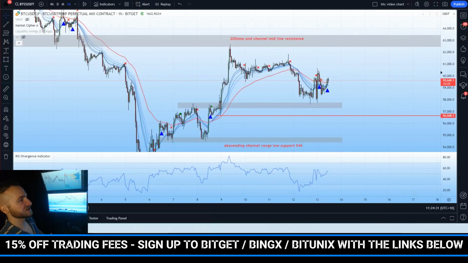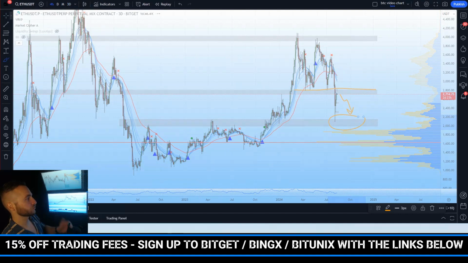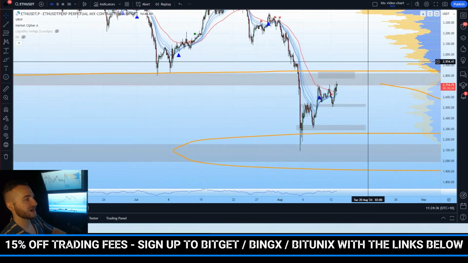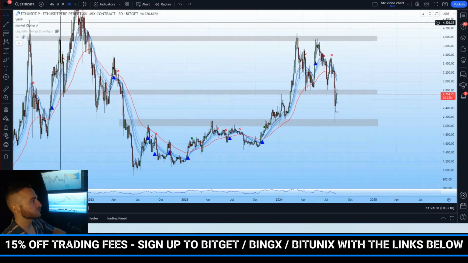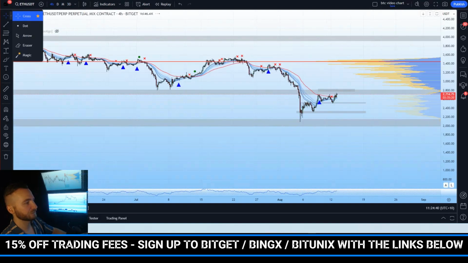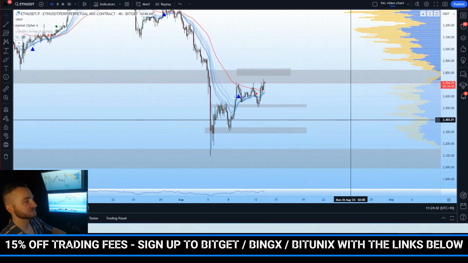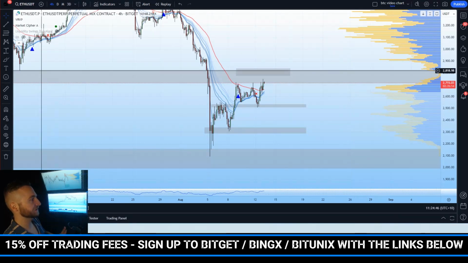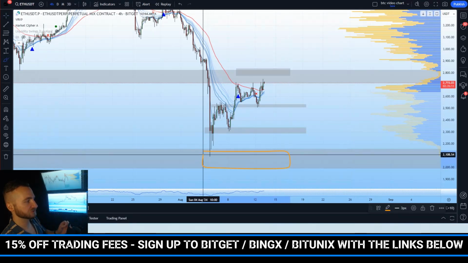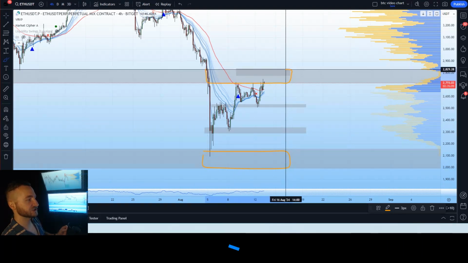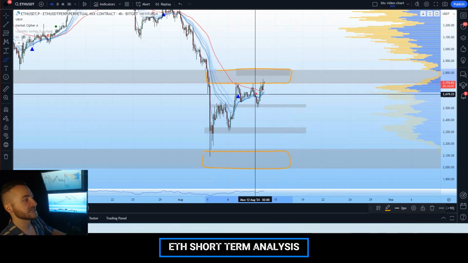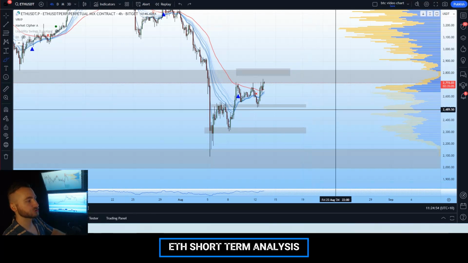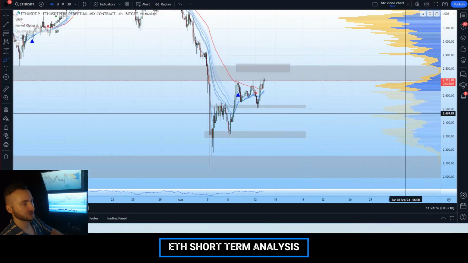So as we can see, guys, we can move over to our 4-hour chart. This is going to be our Ethereum chart. Let's go ahead and just move out some of these lines. This is our 4-hour Ethereum chart. We can see our critical high time frame levels as represented by our lower horizontal support and our higher range high horizontal resistance. Within this, we have two critical levels of support I want to identify.